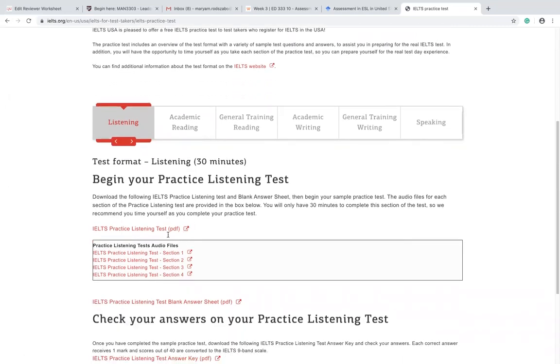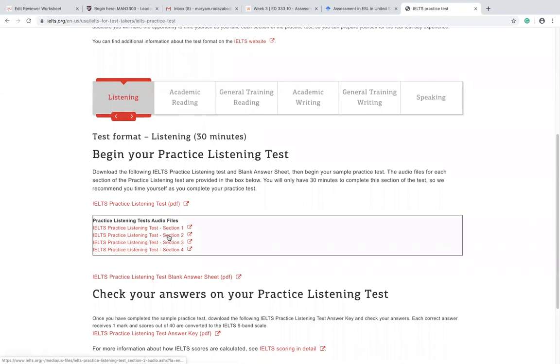The way that the test is formatted is, just like a lot of other standardized tests, sometimes complicated. So even as a native speaker, if you take these tests, sometimes you realize that, oh, I actually missed some of these proficiencies, while I thought I should be doing a lot better.